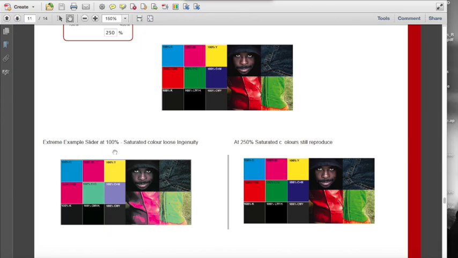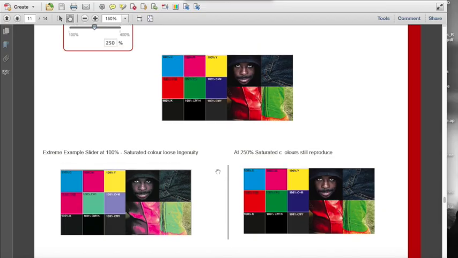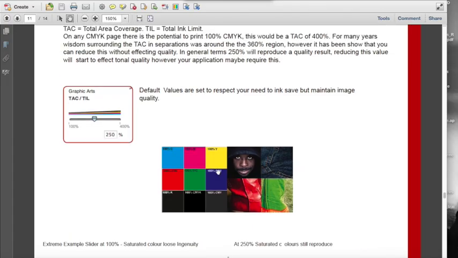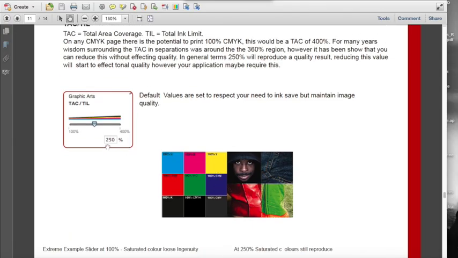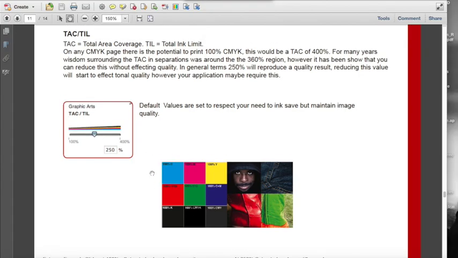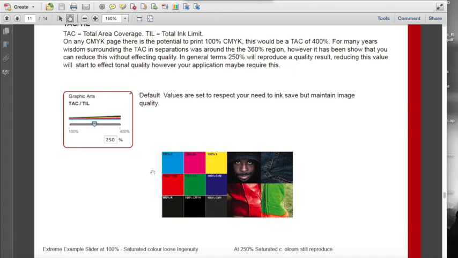So if we go down to 100, it's impossible for us to make a process red because the maximum we can have there is 100. Whereas at 250, we can still have a process red, and we can still achieve a nice grey and saturated colours. So as a rule of thumb, anything between 250 to 270 is going to give you perfect reproduction, and we see that in the samples that we've made